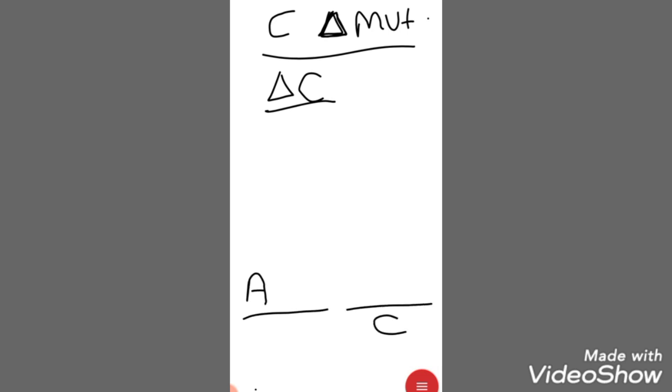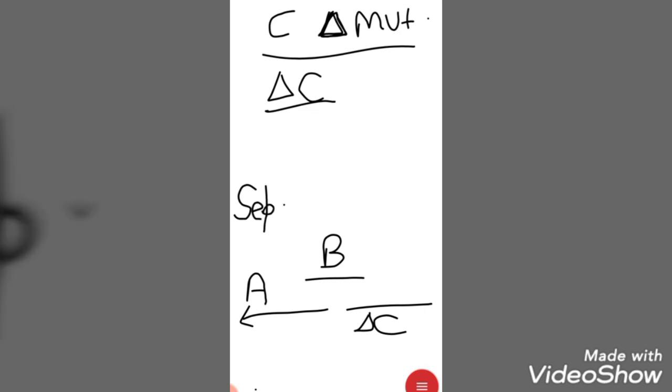we use this symbol for mutation, the delta. So if class C gene is mutated, what will be the floral organs? तो देखिए क्लास C म्यूटेट हुआ है, ओके. तो क्लास A जीन है, क्लास C है और क्लास B है, ठीक है. C म्यूटेट होगा तो C के प्लेस पे C का फंक्शन लॉस नहीं हुआ, C के प्लेस पे A अपने आप को एक्सप्रेस करेगा. तो we will start from the very beginning that class A gene will form the sepals.